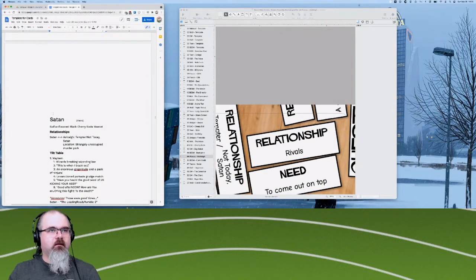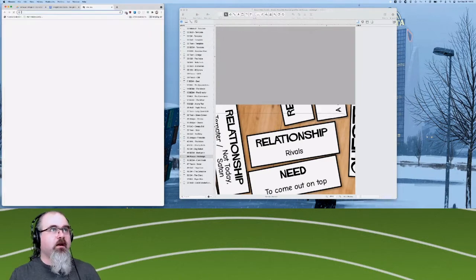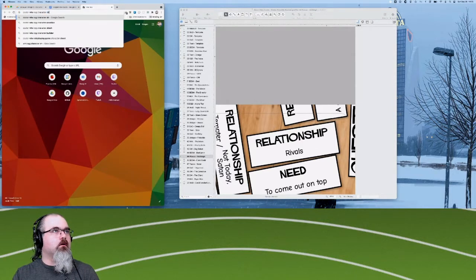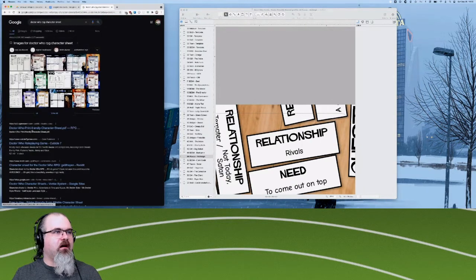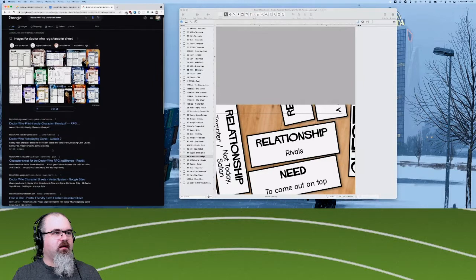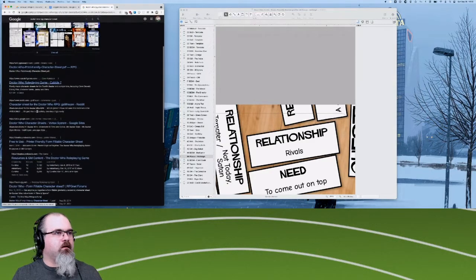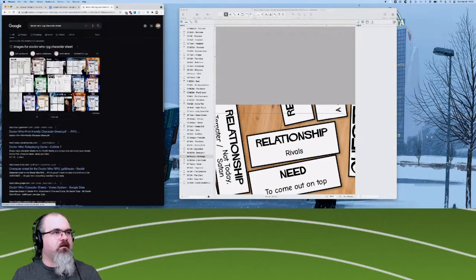We've now done the Fiasco characters, but we skipped over one character on the way to Fiasco, the West Country Doctor. So we need to find out what a Doctor Who character sheet looks like. And Iris, do you happen to recall what edition of Doctor Who you used? Because there have been a number of Doctor Who RPGs over the years. If we know anything about what the name of the system was, because